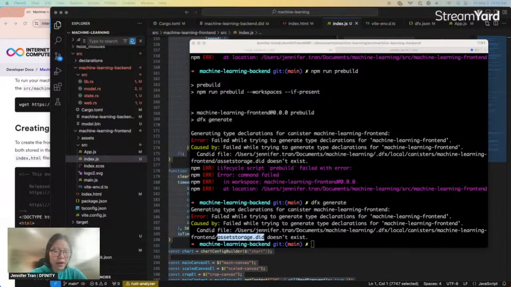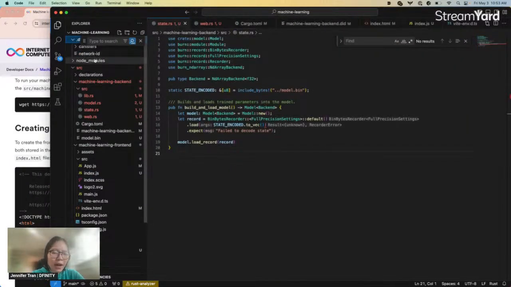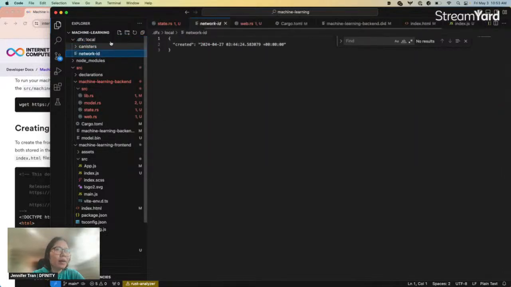Okay, let me just add this file. It says that it doesn't have that file, but let me just add it manually.